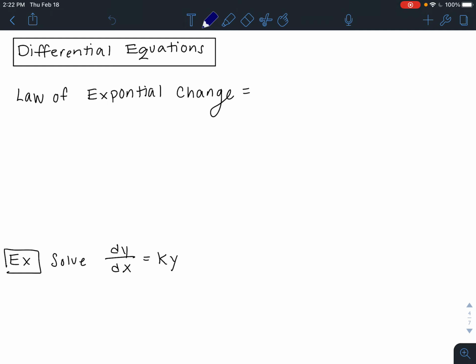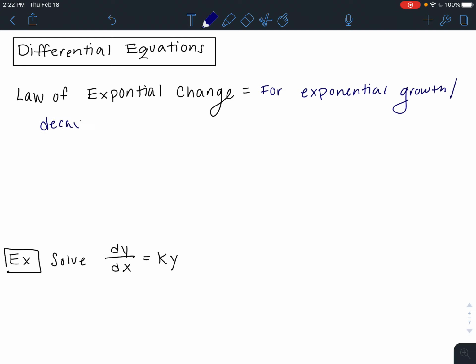So when we're dealing with differential equations, one of the common things that comes up is exponential growth or decay, which follows something that we call the law of exponential change. And what this says is that for exponential change or exponential growth or decay,